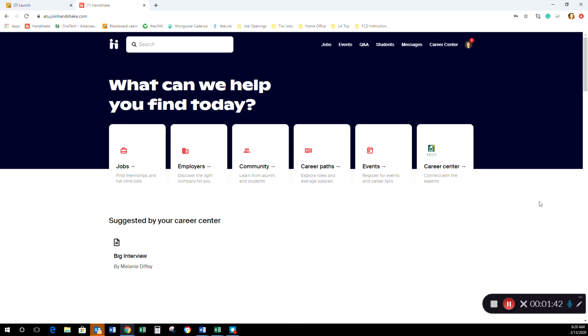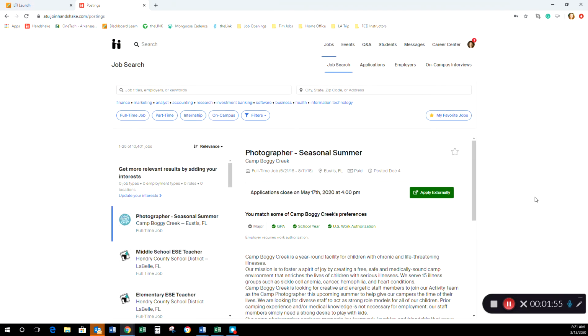And these are the things we want you to get comfortable with, especially if you are working on your classwork remotely. So here, right at the top of this menu is the Jobs tab. This is something we encourage students and alumni to get familiar with. Every position that is posted in here is a position that an employer specifically designated as something they wanted to advertise to Arkansas Tech students. They're not all going to be local positions. We have advertisements for jobs all over the country in here. But if it's posted in here, it is because an employer specifically said, yes, I want to advertise to Tech students that we have this opening.